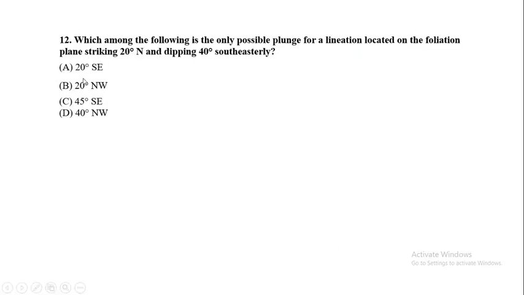Okay, now it is the 12th question. Which among the following is the only possible plunge for a lineation located in the foliation plane striking 20° and dipping 40° southeasterly? So this is a structural question. Plunge is always for lineation, on a foliation plane striking 20° north and dipping